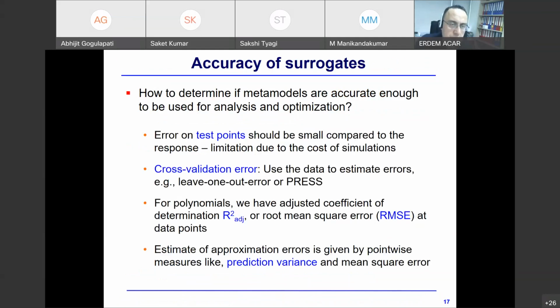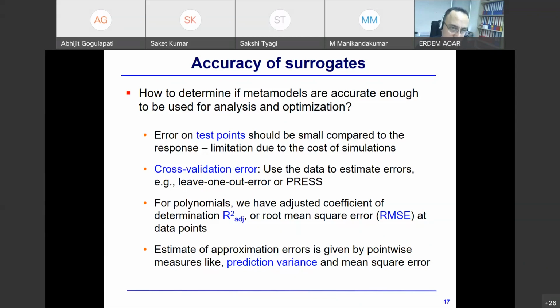If you construct a surrogate model, whether it is an individual model or an ensemble model, we have to determine if these meta models or surrogate models are accurate enough to be used for analysis and optimization. In order to assess the accuracy, there are some error metrics that we can use. Usually, it is a good idea to use test points. That is, we have to monitor the performance of our surrogate models at some test points which are independently generated